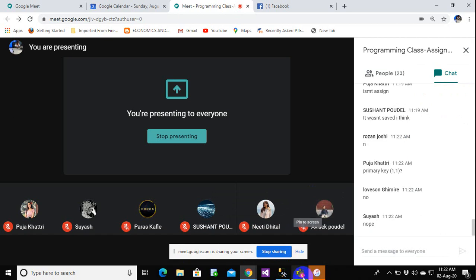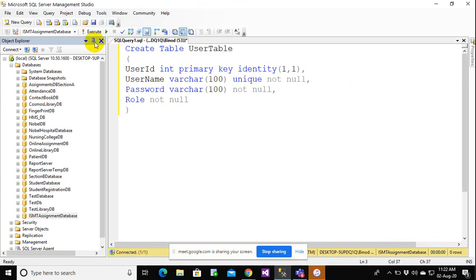So let me remind you, Puja, of what this is exactly. Primary means this has to be a unique key and this should not be a null value. Unique plus not null equals a primary key. Okay. So there might be a question. If I can define this as unique and not null, why am I defining this as a primary key?